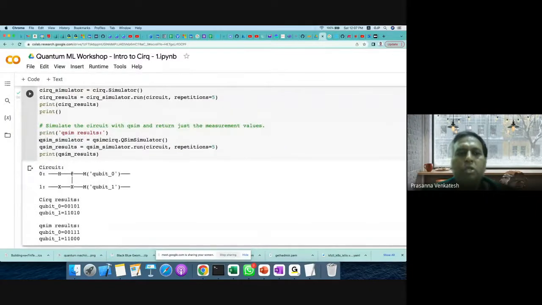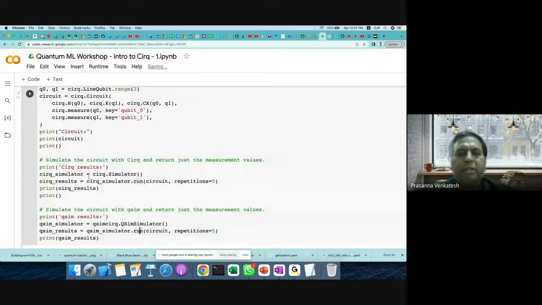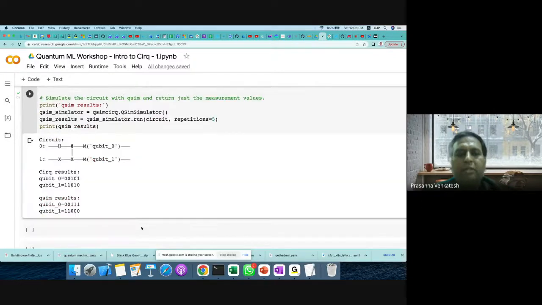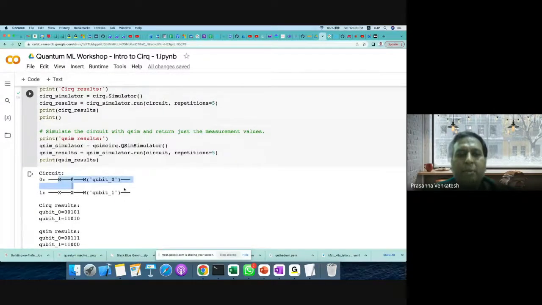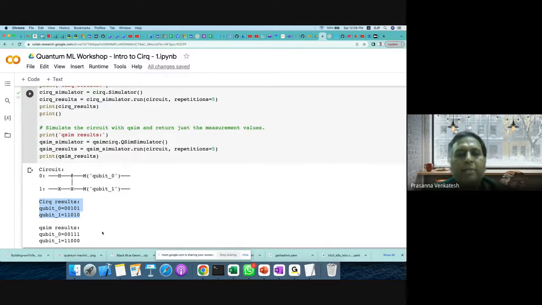Now the QSIM result, from the QSIM simulator, I'm printing what is the result of that simulator and seeing what is the result there. And also I'm using a Cirq-based simulator. For that, I'm running the same circuit on the Cirq simulator and printing the result there. Okay, both the simulators are there. So now this is the same gate operation. When I execute it on the Cirq simulator, I get this outcome, and when I execute it on QSIM, I'm getting this outcome.